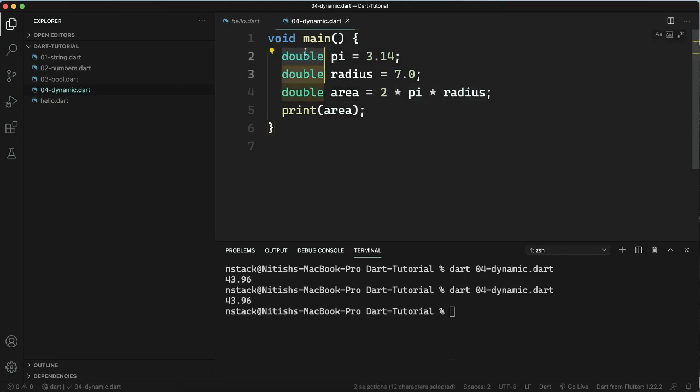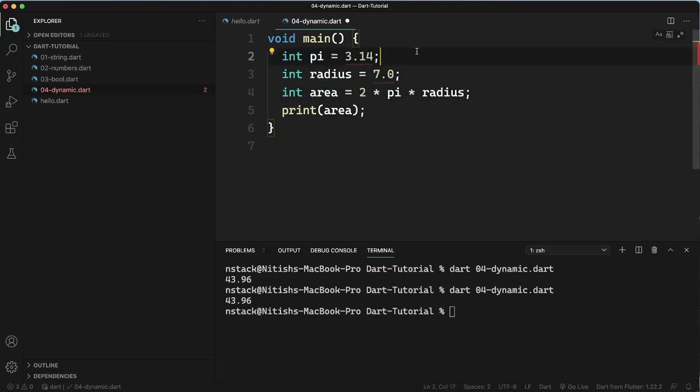But what will happen if I try to do the same thing with integer? I got the error here, I did not get any error there, because when we multiply the integer with the integer, we are always going to get an integer. So that's why we did not get any error at that point, but we got the error here because we have strict information that we can only store integer inside the integer variable. So this is the problem.